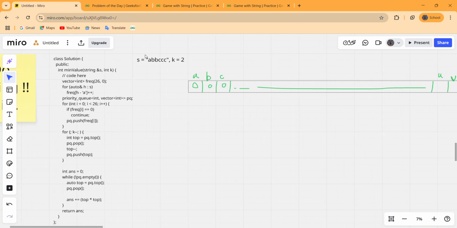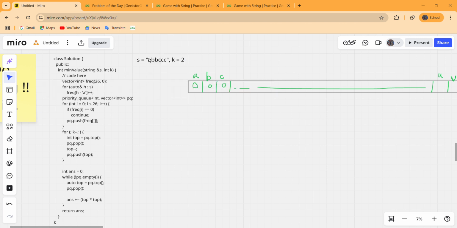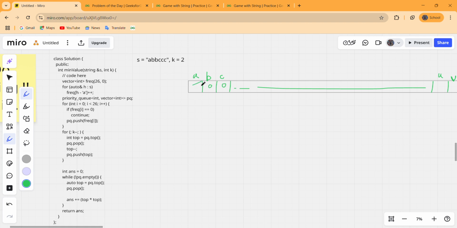Then we can iterate over S and find out the frequency of each character present in it. If we iterate over our S, we find that A is occurring 1 time, B is occurring 2 times, and C is occurring 3 times.